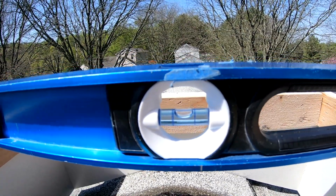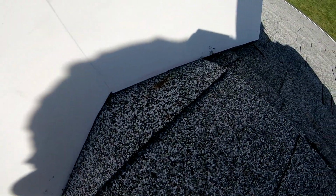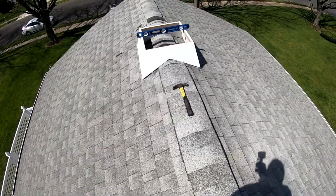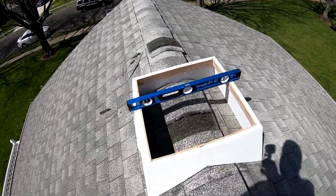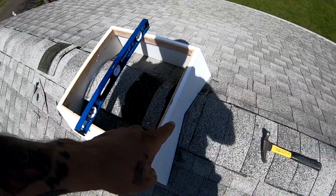You want to make sure your cupola is perfectly level on the roof. This way, both sides are equal. Alright, so this is what we've got so far, and as you can see, it's level. What we did after we cut